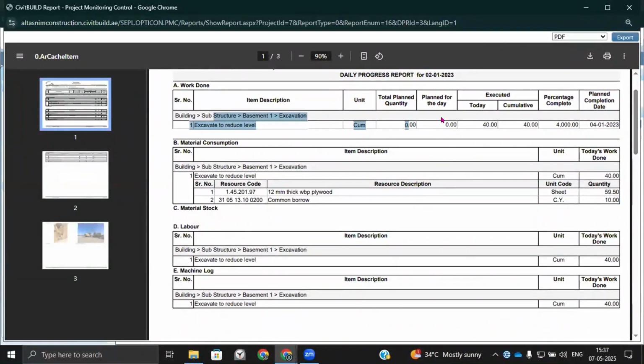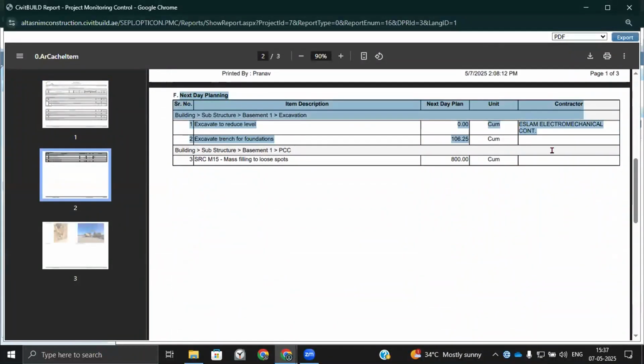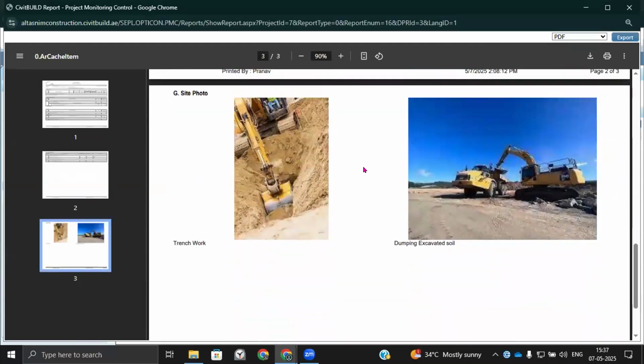They can see today's plan, the actual completion, what materials are getting consumed, labor consumption, machine logs, the next day's planning for that particular activity or project, and some links of the site will help them better understand the project situation.